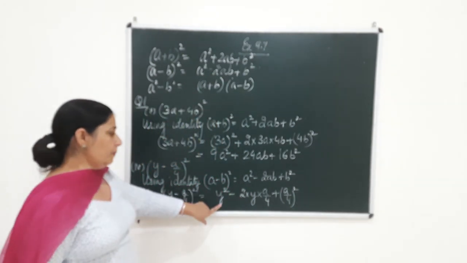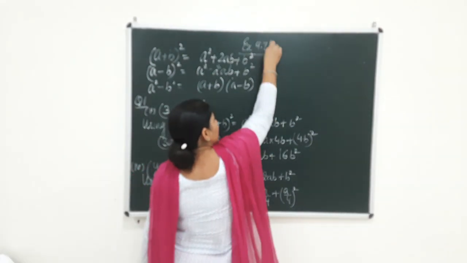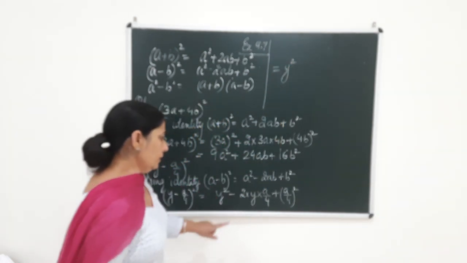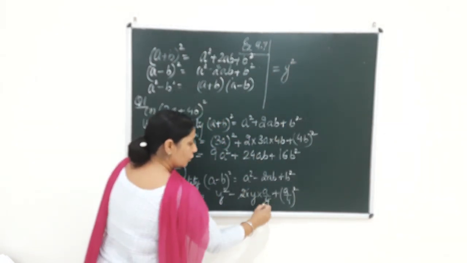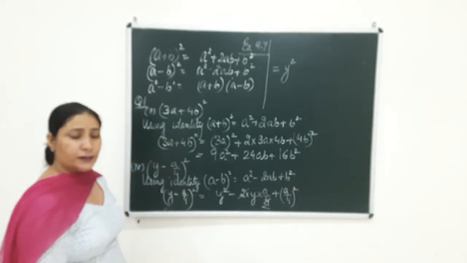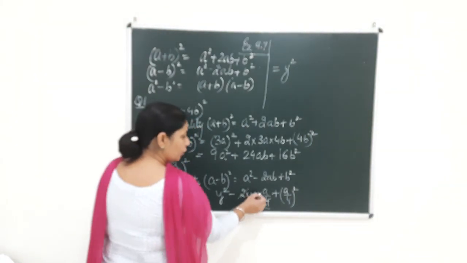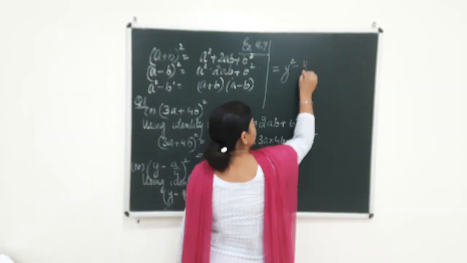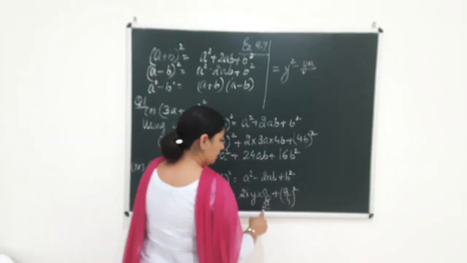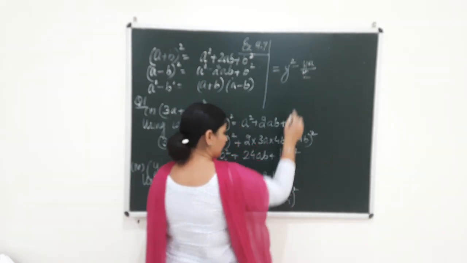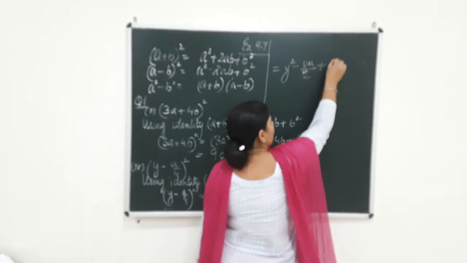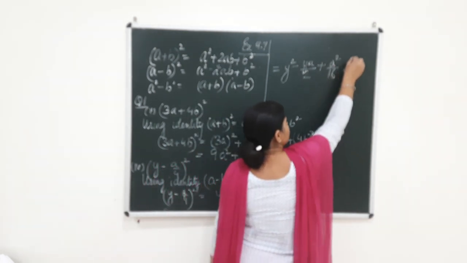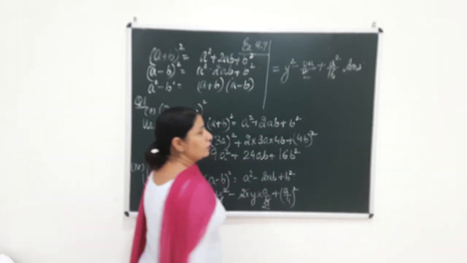Now let us open it up beta. What do you get here? This is equal to y square, beta. This 2 and this 4, you can do the cutting of this because there is a multiplication. So in the numerator you will get ay or ya. You can write ya minus ya by, what is left here is 2, beta, plus a square by, what is the square of 4? That is equal to 16, and this is how you are going to write your answer.